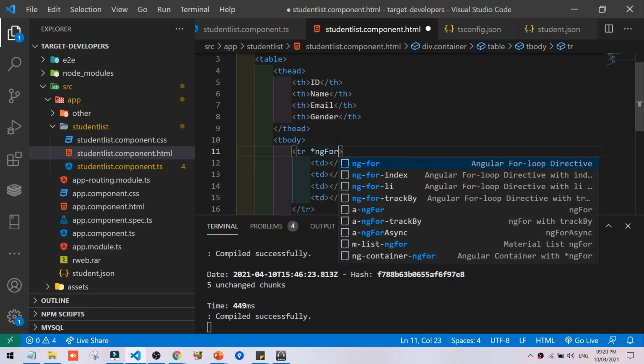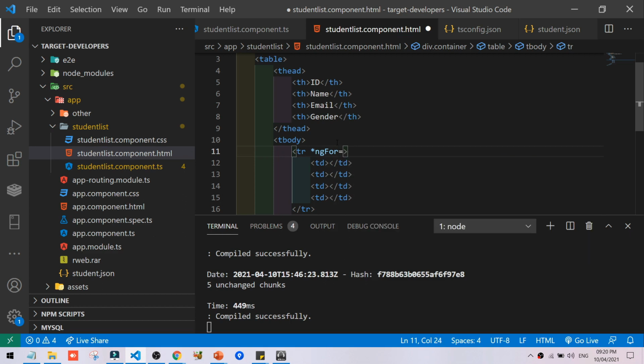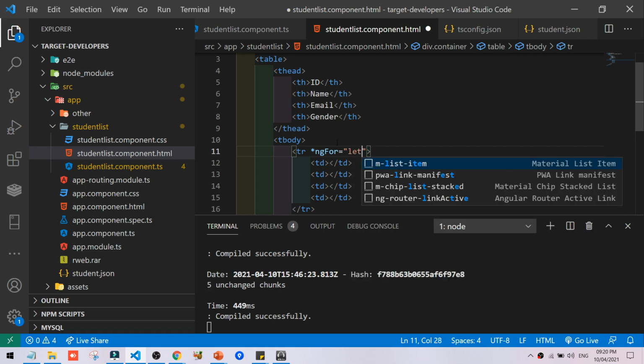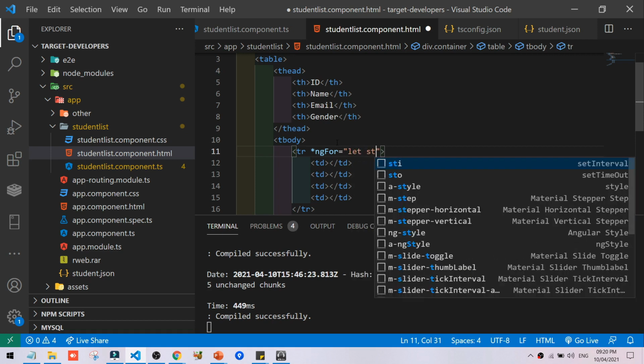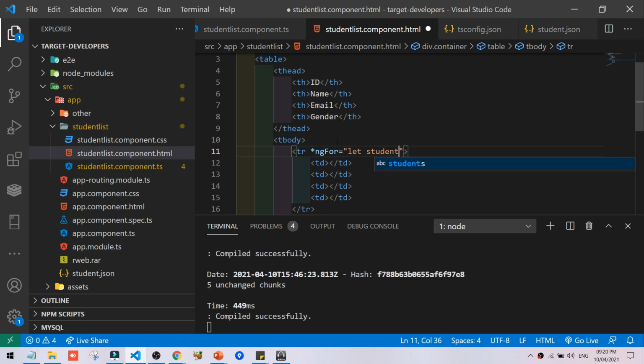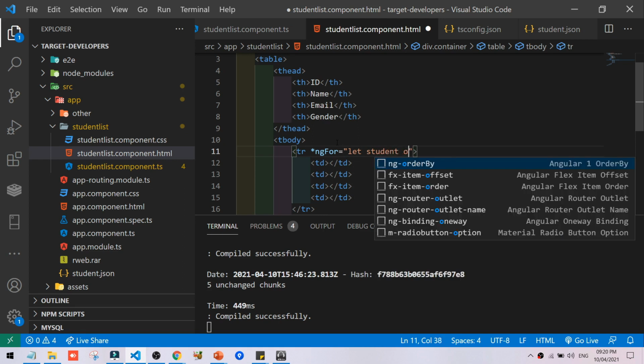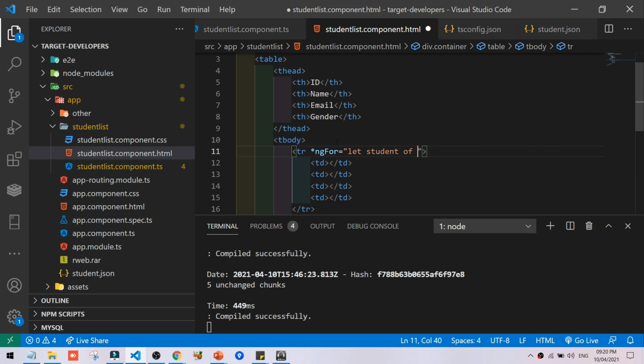So we are using the ngFor directive, guys. It is used for iteration over any array. So we are using let student. We can give any name here. We have to give students.